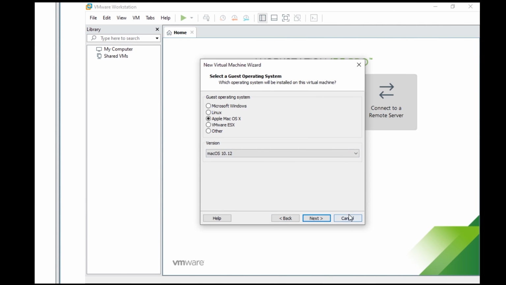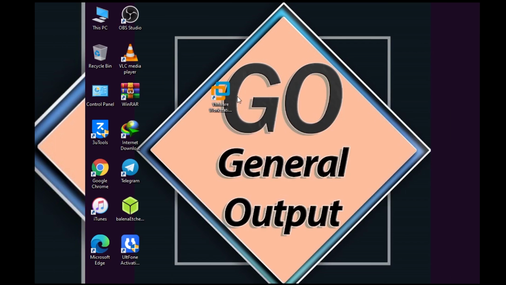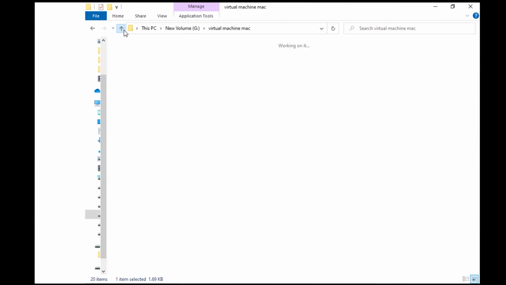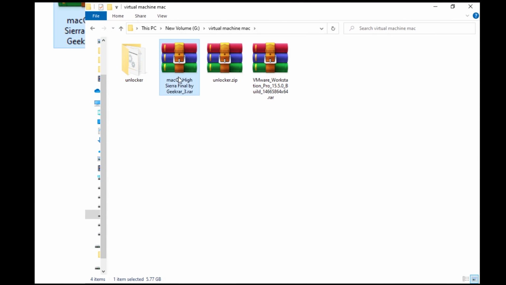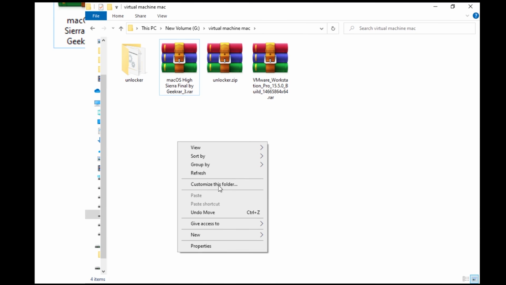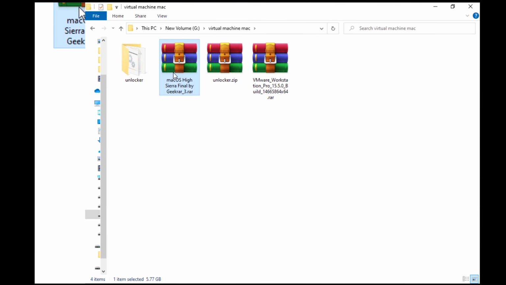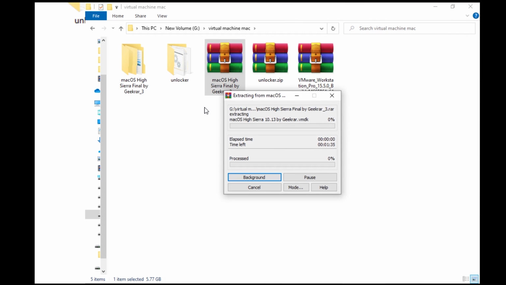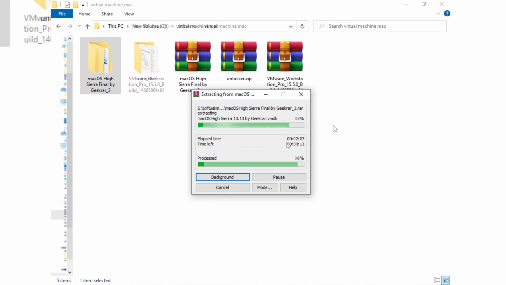It is included in it, and now you can just close it or minimize it, and after that here I will show you the file that is right here, Mac OS, and that is the third file. The link is again, I'm telling you, in the description box. So this is the Mac OS 10.13, and it is a RAR file in which there's a VMDK file. It is not an ISO file, so we don't need to do the installation and then run it. We can just directly give it to the virtual machine and then easily run Mac OS.